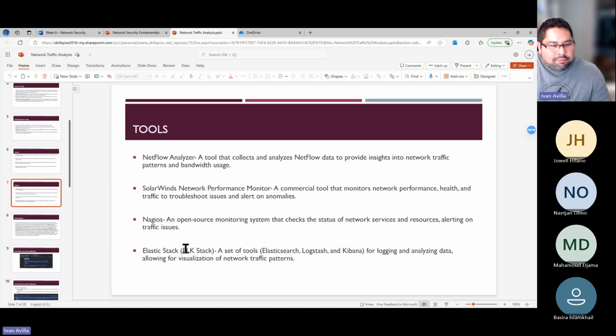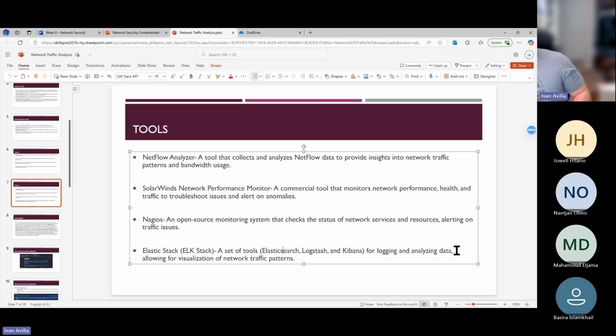Elastic Stack, which is Elasticsearch, Logstash, and Kibana, typically goes by ELK. Everyone just says ELK most of the time. It's a free logging tool. So,